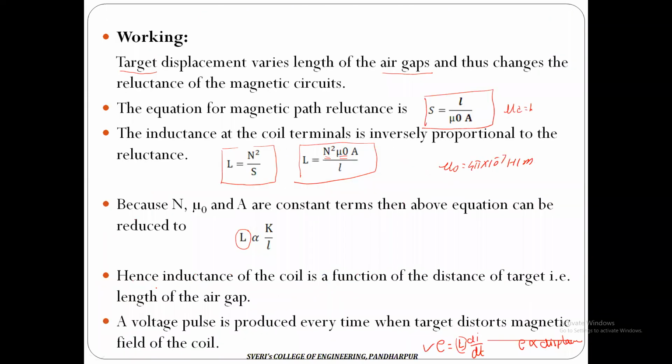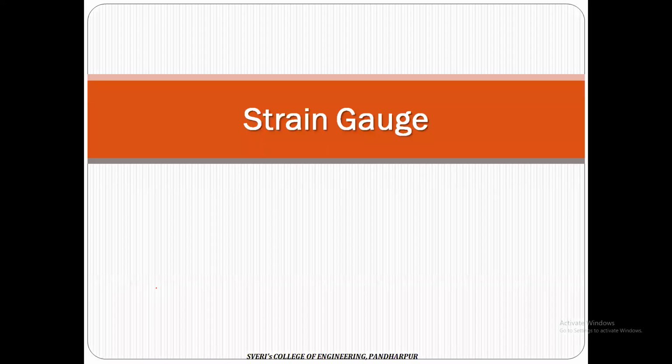Okay. And now let's discuss the strain gauge. Either you can say gauge or gauge, no doubt about it. Now, I think in applied mechanics you might have learned two concepts: one is strain and the other is stress. Get my point? Based on that, this is a type of transducer, that's why the name is given as strain gauge.